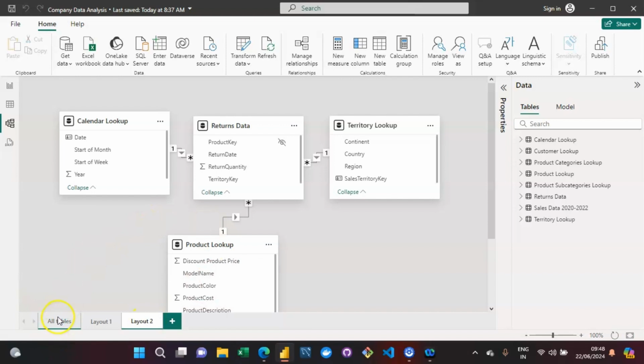So again, it will be a bit useful for you to get to know how exactly your overall model structure is. And that is exactly how these model layouts work. You can even rename it. You can just right click over here and you can